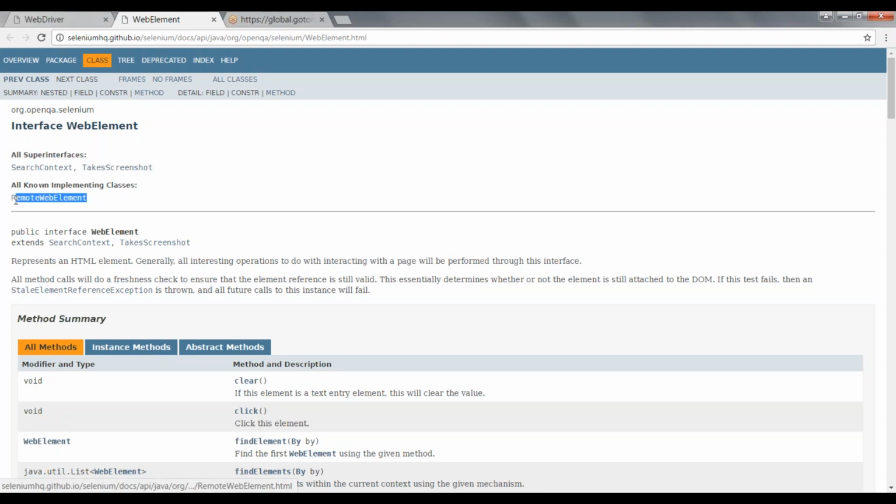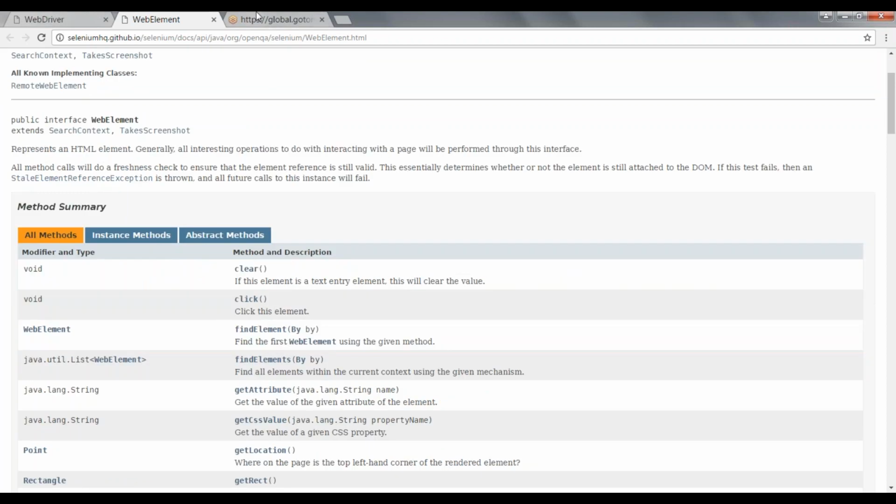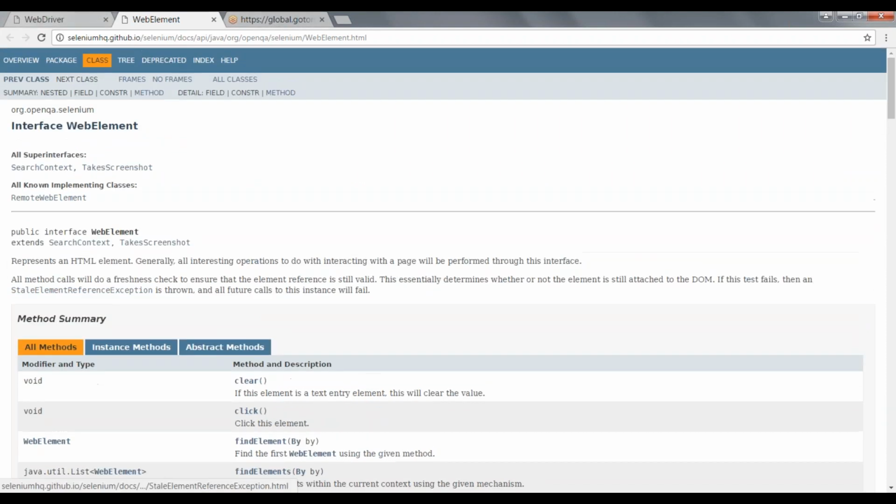RemoteWebElement is a class which implements this WebElement interface. So whenever your findElement method returns an element found in the Document Object Model, that will be stored in an interface called WebElement.